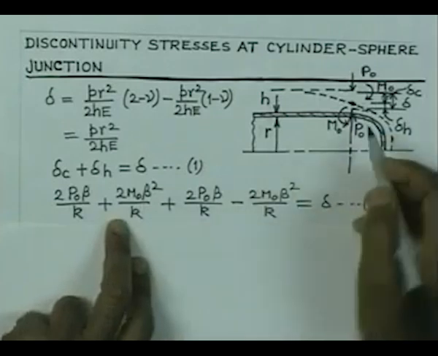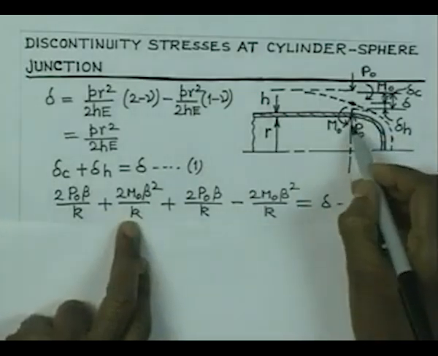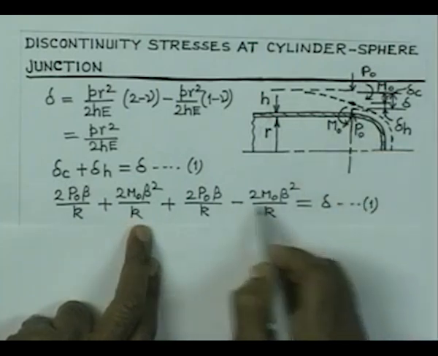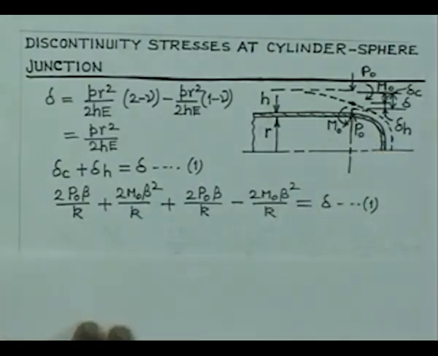So, they are added together here. On the other hand, here P0 is trying to move this fellow up, whereas M0 is trying to do the other way. So, therefore, there is a negative sign. Now, coming to